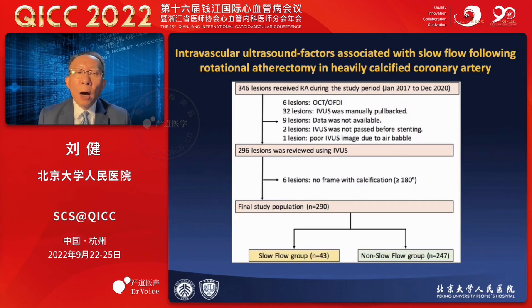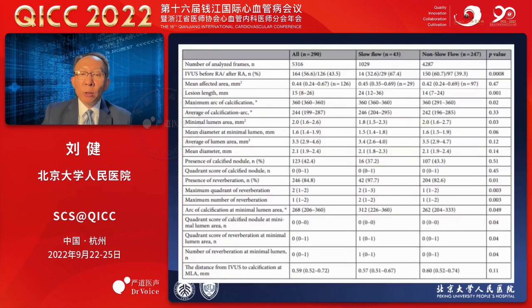The other is the intravascular ultrasound factor associated with the atherectomy in heavily calcified coronary arteries. And then they look at 346 lesions. They ask whether, after the atherectomy, patients receive a slow flow. These are the baseline data for the slow flow. The IVUS percentage is higher, and